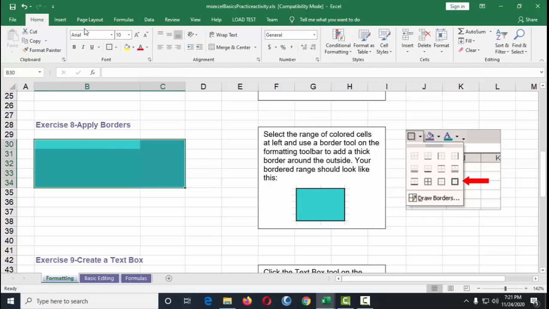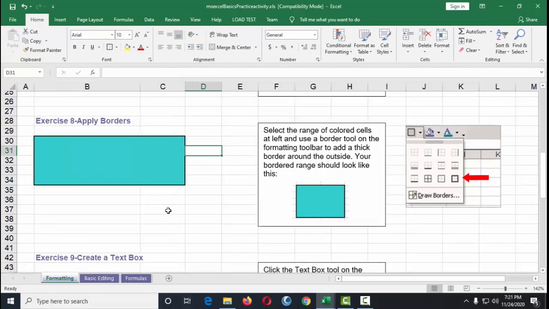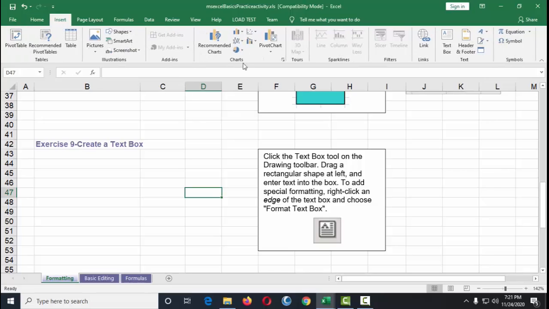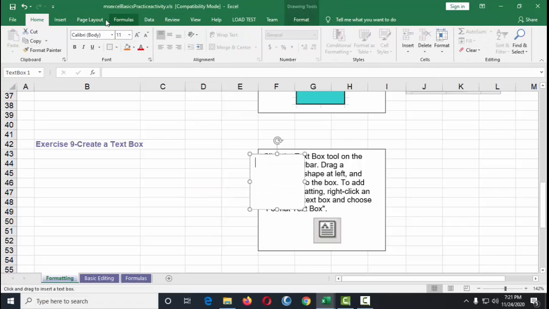Let me just follow the instruction there. Next is create a text box. So insert. How do you format a text box? Insert, text box, and then you click on any part, and you type here what you need to type. The quick brown fox jumps over the lazy dog.